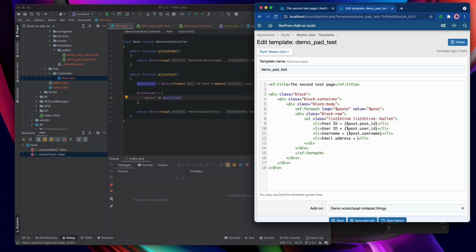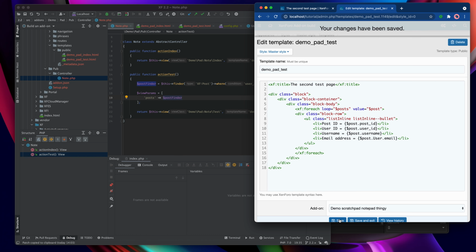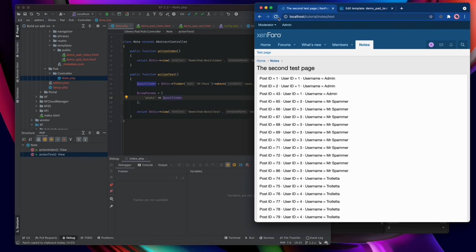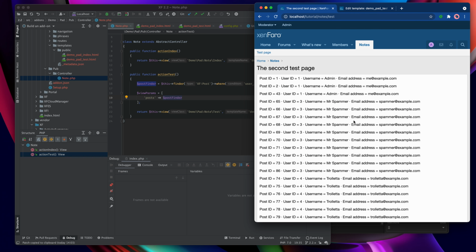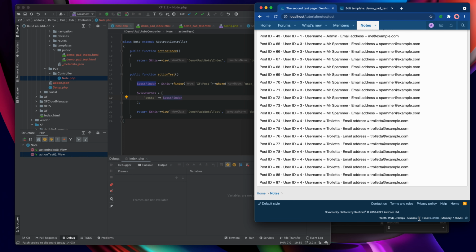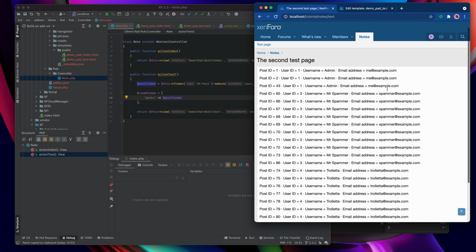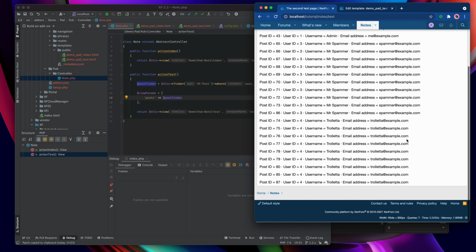To get a relation, all I've got to do is refer to it, post.user.email. So this tells it to use the post entity and then the user relation and then the email property of that user relation. Now this absolutely will work, but there is a caveat. And the caveat is the number of queries has gone up to 7 because we've now had to identify various different things.